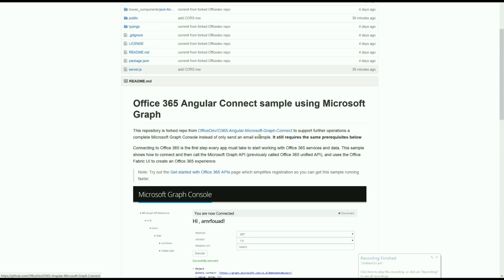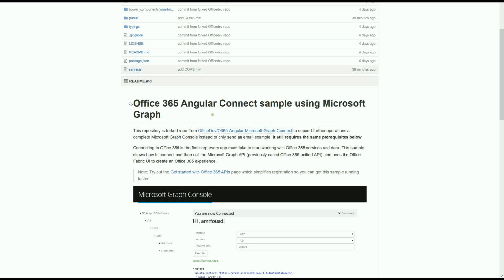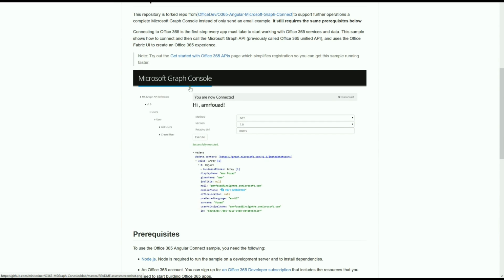We have this forked repository, which is forked from the Angular Microsoft Graph Connect sample, which you can find here. Basically, the sample is just sending an email, so you connect your Angular app to your Office 365, and then it uses the Graph API to send an email. This time we had a different approach. We forked this repository and created a console for Microsoft Graph that you can play around with and try